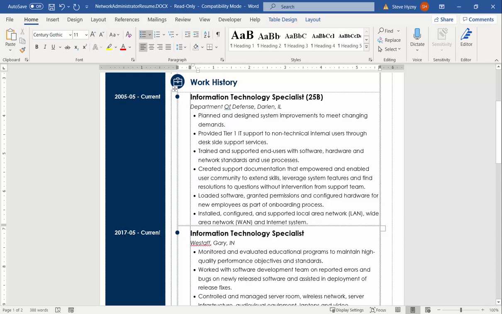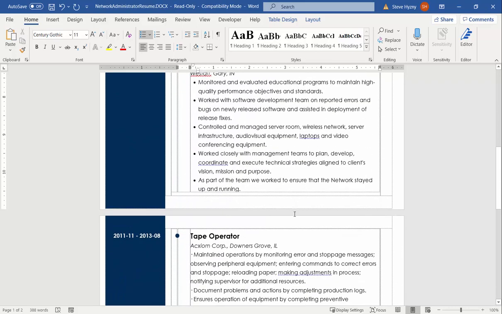2017-05 current. Okay, you have 2 jobs. One since 2005, one since 2017. Department of Defense in Darien, West Staff. I don't know why that is, but that would make me worry that the resume is full of crap, because I have no idea why your most recent job would be something outdated like this, even though it is the current one. Are you working 2 different jobs? That would concern me a little bit.